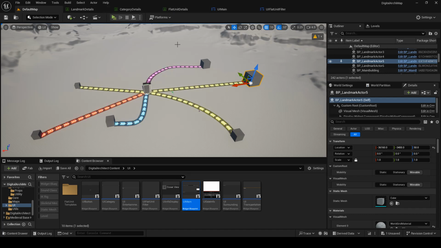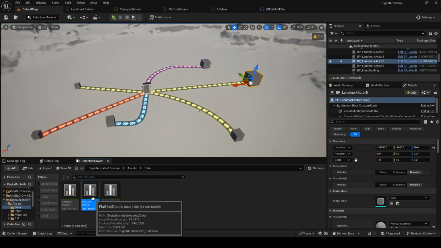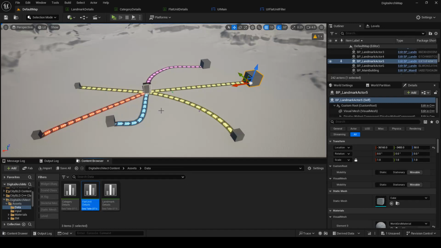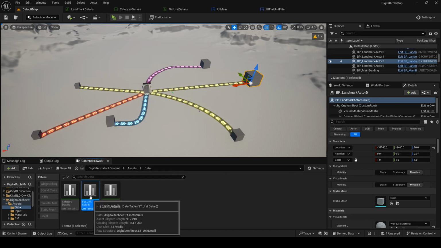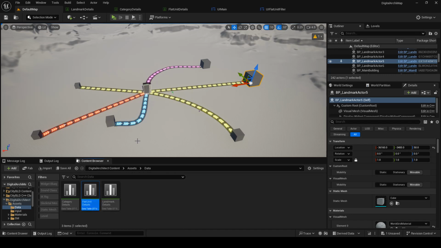For the flat, we actually don't have a data table, and the reason is that if you want to customize something at runtime and we take anything from the data table, we have to create the build again, right? So that was not a wise idea. So what we did, we created a